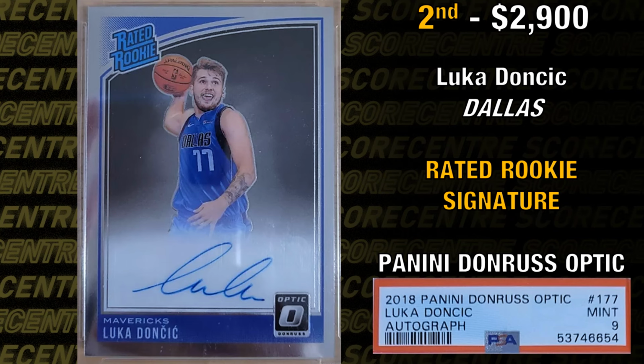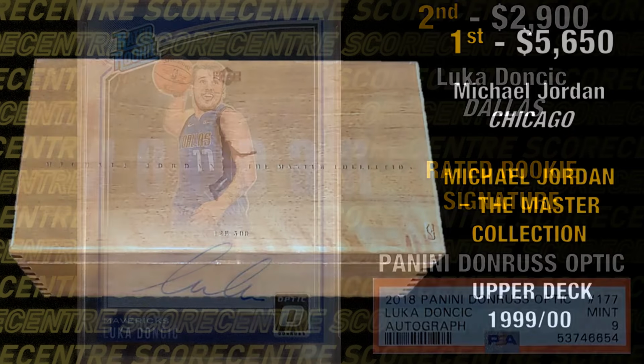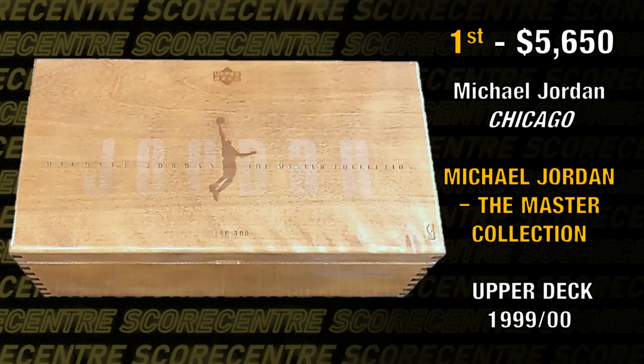In 2nd spot, speaking of Luka, for $2,900, we have his rated rookie signature out of Donruss Optic 2018-19. And that auto is a PSA 9. And then coming in 1st spot, selling for